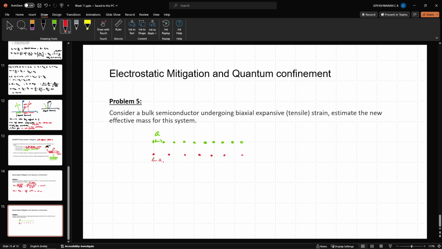This is the lattice constant of the substrate. So when this deposition is done, a kind of lattice matching needs to take place. Only then will the atoms be able to deposit on the surface. So because of the lattice matching requirement, what we will have is,